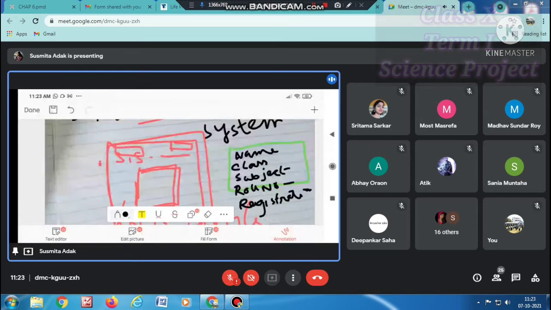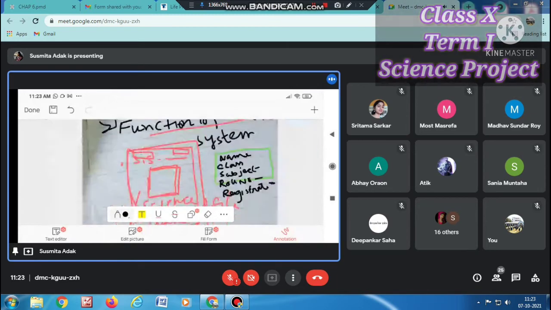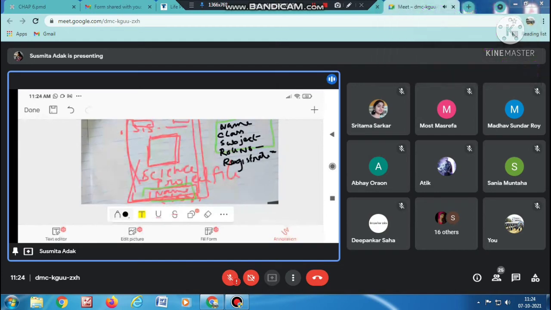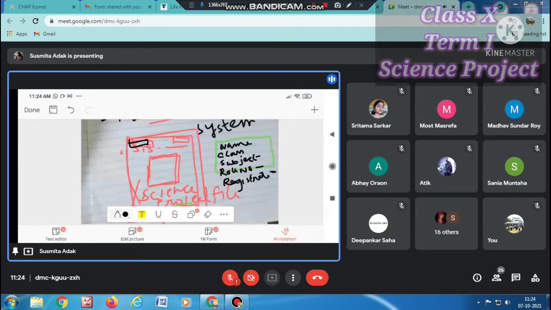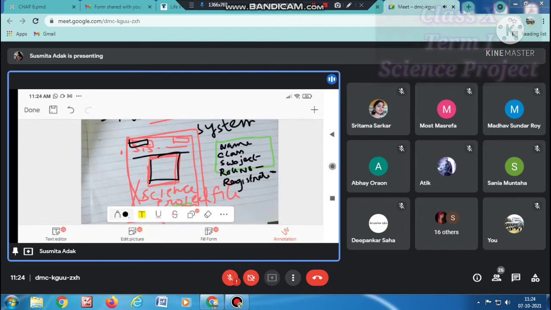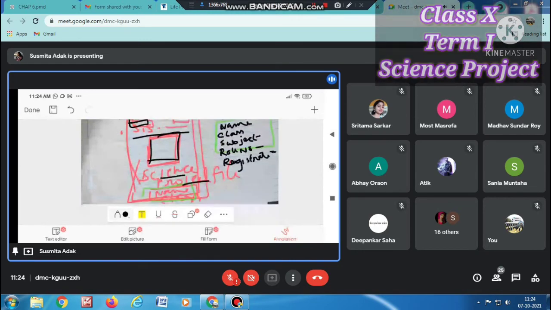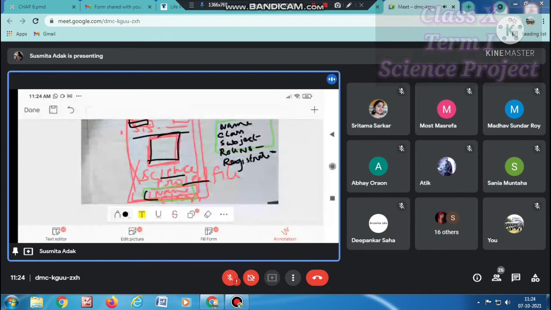You can use this cover page colorful, or you can use white cover page. You can decorate it yourself, but don't give any floral things because it is science. Just whatever I had told: at first you will give school logo, then write the school name. After that, digestive system picture will be there. Then you should write science project file. After that, in this area you will write these topics.